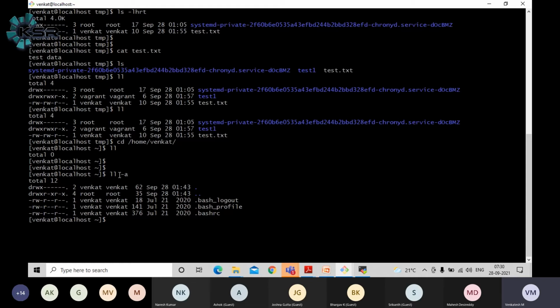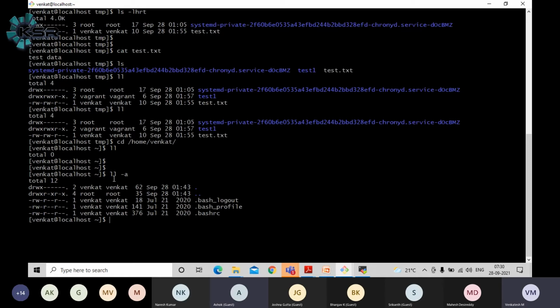Okay, so if you want to see all the files, -a for all. You should fire up a command something like this: ll space -a. Then what it is going to do is, irrespective of hidden or non-hidden files, it's going to echo all the data, guys. This is how you can list down the files.